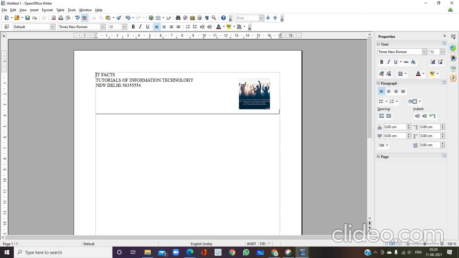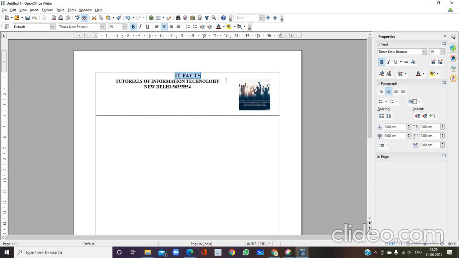If you want to do any modifications, you can do it. I'm making it bold. I'm bringing it to the middle. If you want any modifications to your document, you can make them, and if you want to change the font style you can change it too.